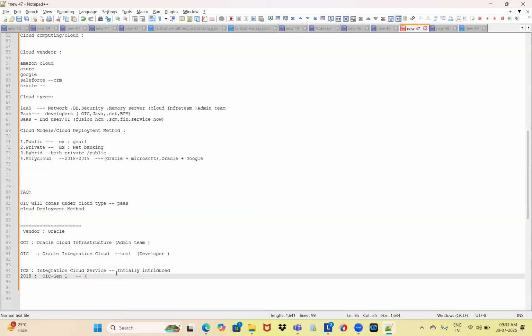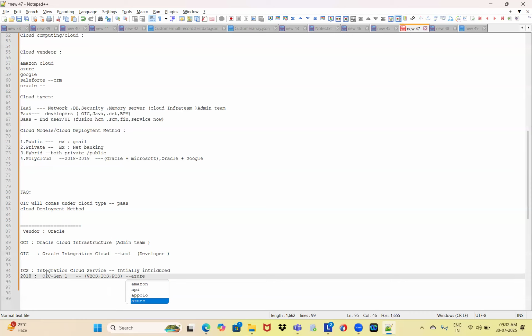Very initially they had VBCS in the OIC generation, along with ICS, and coming to PCS, Oracle and Azure worked together with some modifications on the ICS integration.